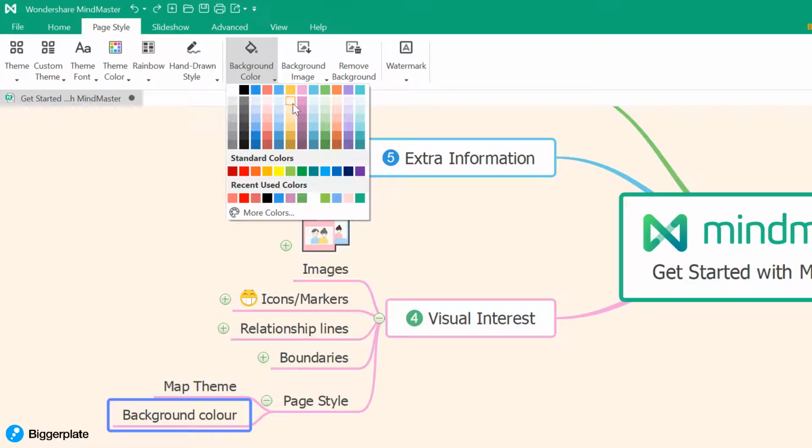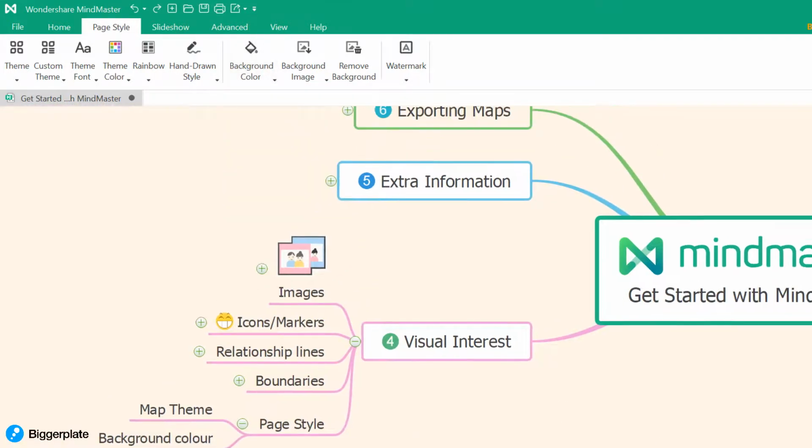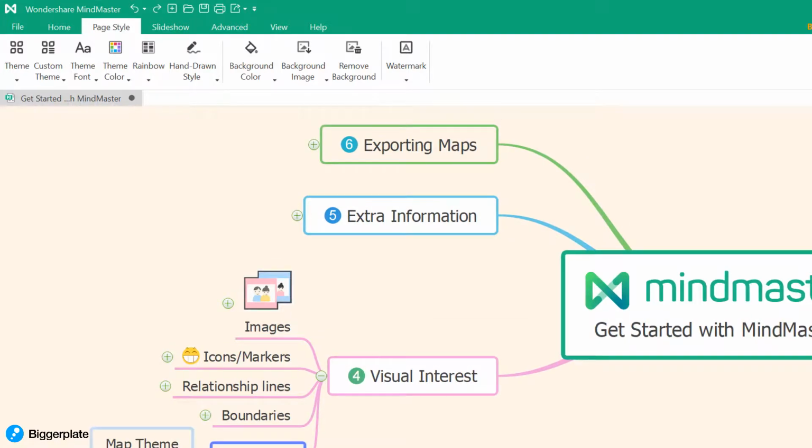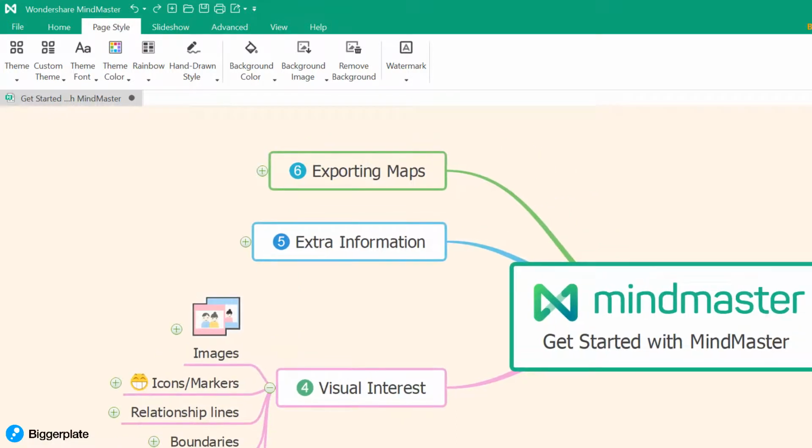I can hover over these and you can just see the background color of that mind map changing as I hover over the different options. So I'm going to go with this light yellow option here and just leave that on there. So editing the page style, either using the pre-made map themes or simple options like the map background color, is a really nice way to visually